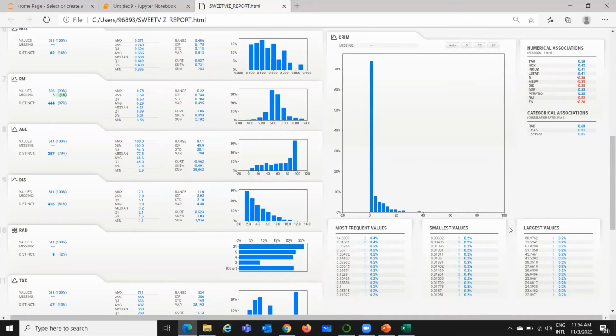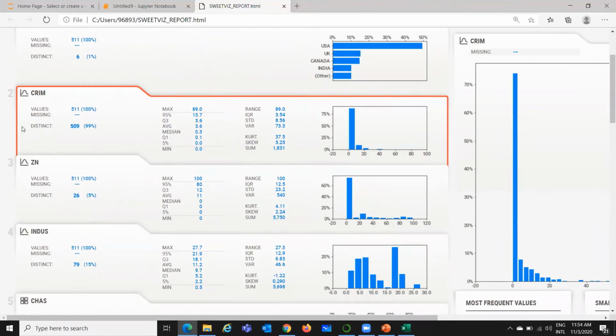So this gives you a brief description about the CRIM value. More detail about CRIM again. So no missing value. There are 511 values. 509 are distinct. That means about 2 values are repeating. So maximum value is 89.